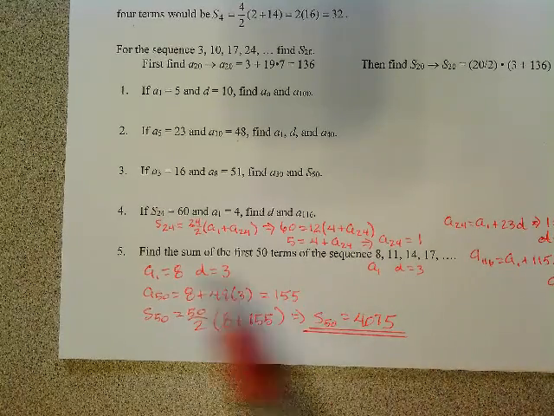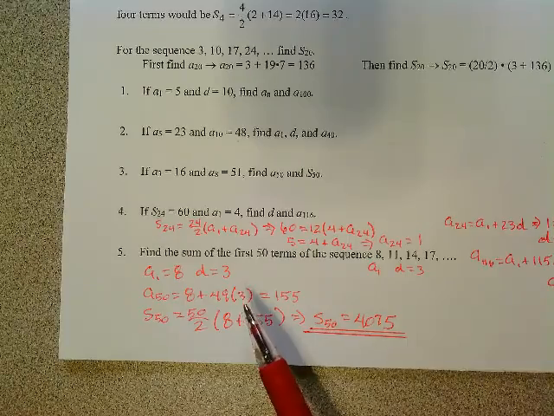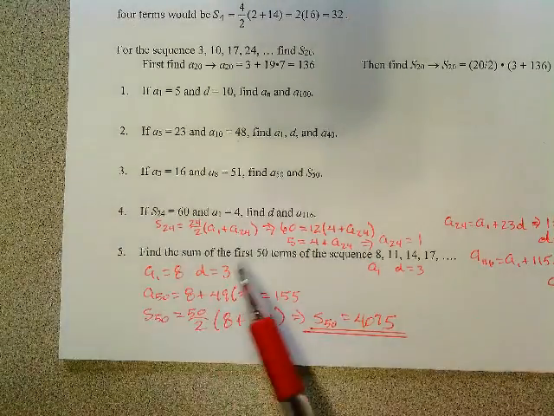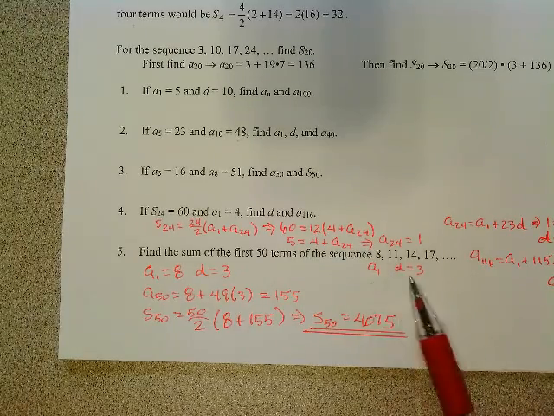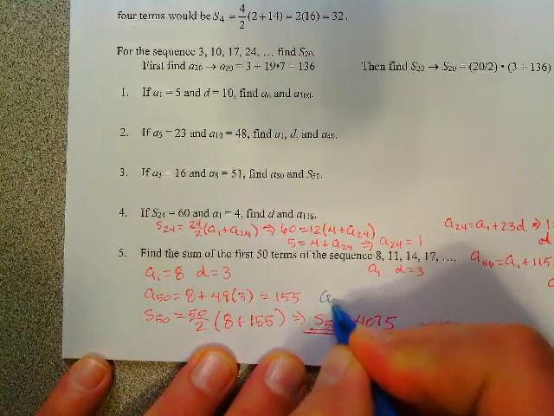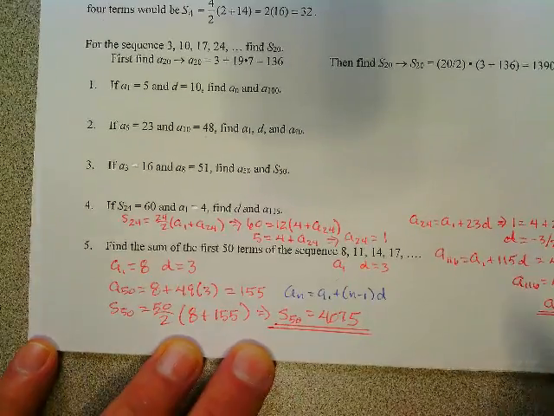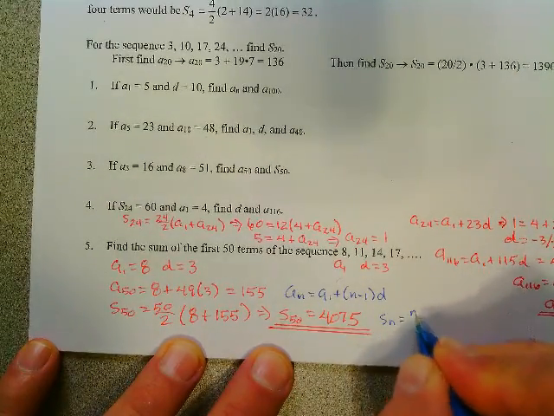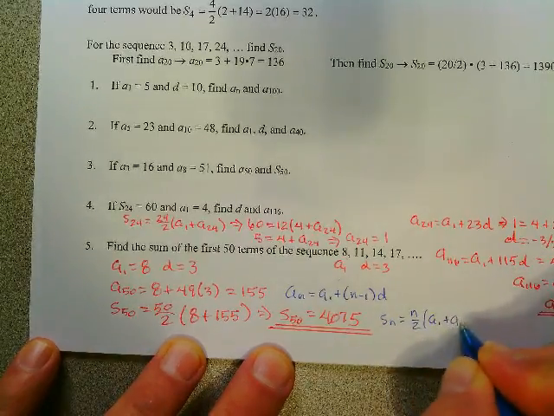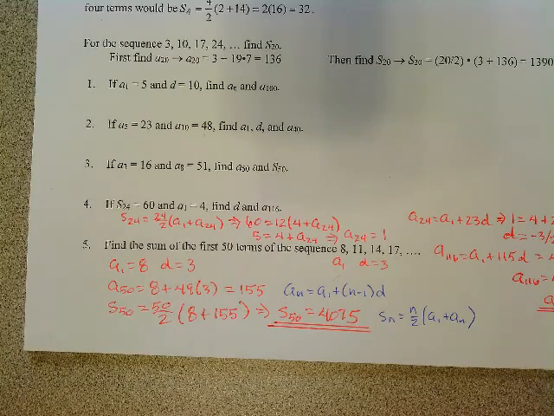You might want to pay attention to this particular one because it's a typical kind of problem that you might find on a standardized test or on one of my quizzes or tests, where you have to look at your sequence of numbers, decide your A1, your D, use your two formulas. Again, this one was using AN equals A1 plus N minus 1 D. And then this one was SN equals N over 2 times A1 plus AN. So using those two formulas, we can, depending on the problem and what information they tell us, solve for various things that we did not know. And so there is section